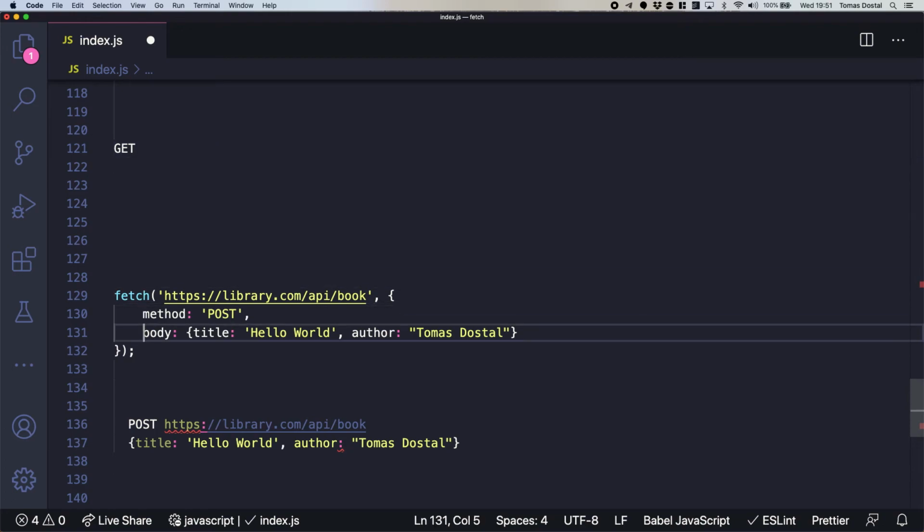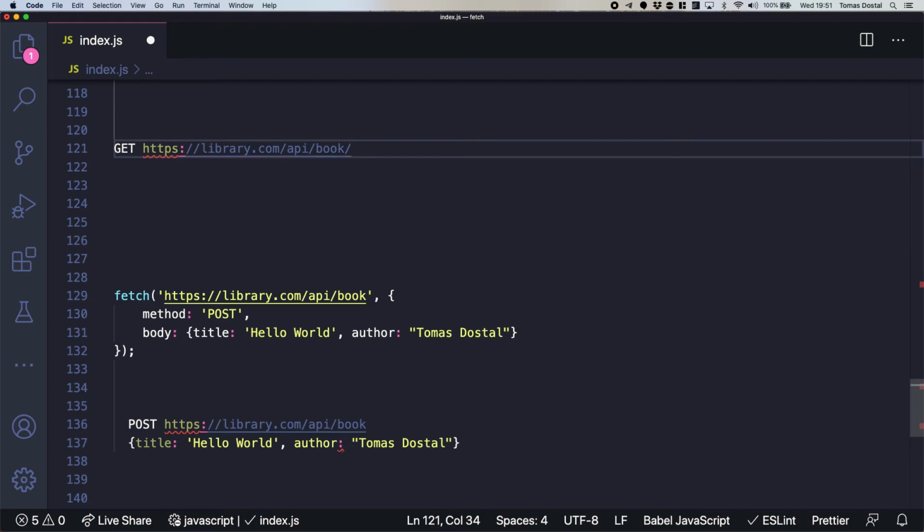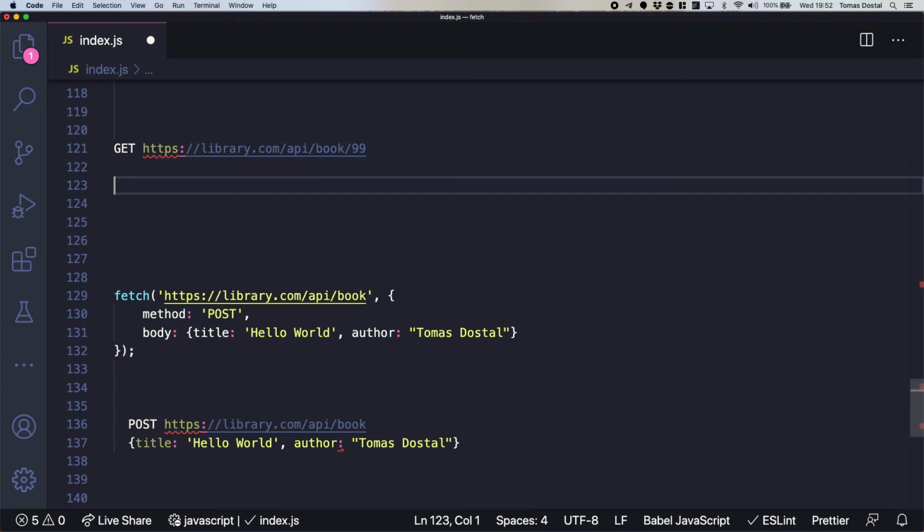So you would just say get, and you would have book 99, for example. The only data you're giving to the server is this number, which is the unique identifier for the book. You're saying, get me all the data for book number 99. But this request does not have any body. This is all it has.